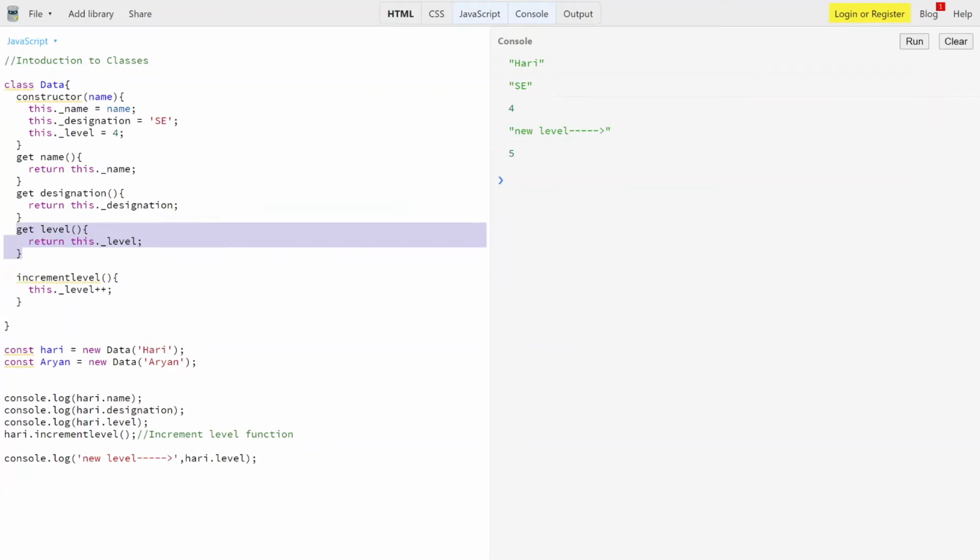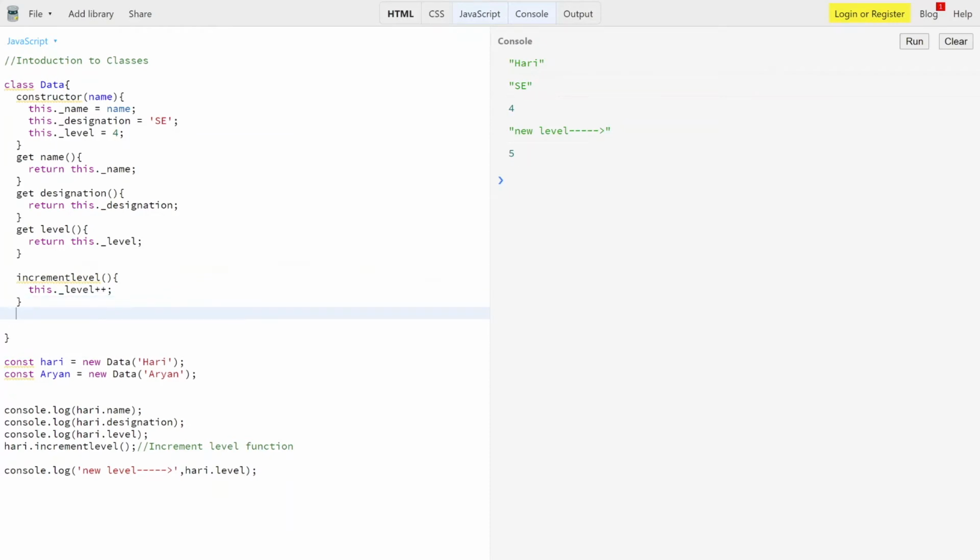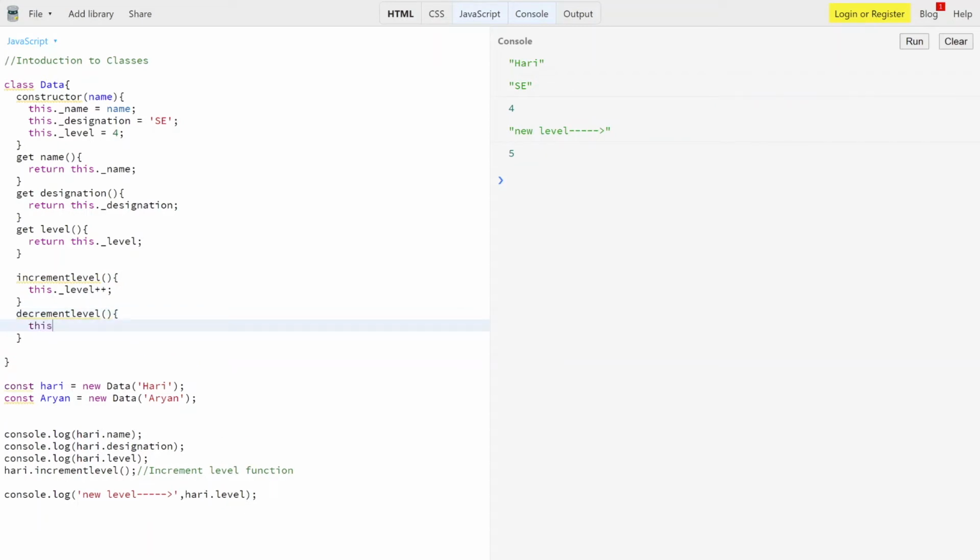Yes, you can, because that returns me a value and produces a piece of code. So let me show you. We can create one more method, say decrement level, and then this is the method. So I'm describing this.underscore level minus minus. I'm using a decrement operator over here.